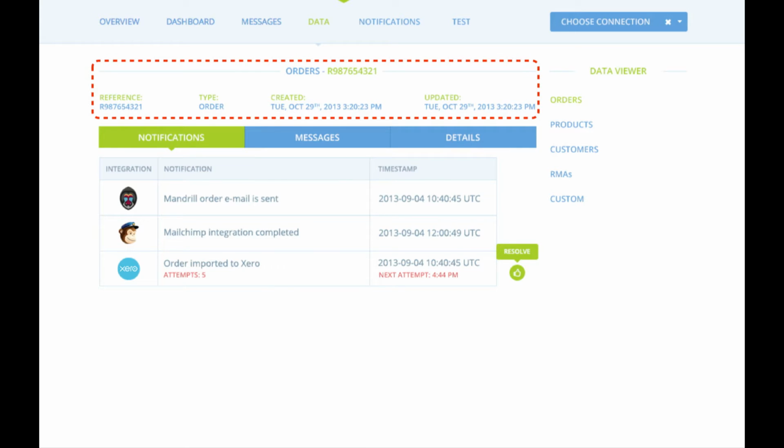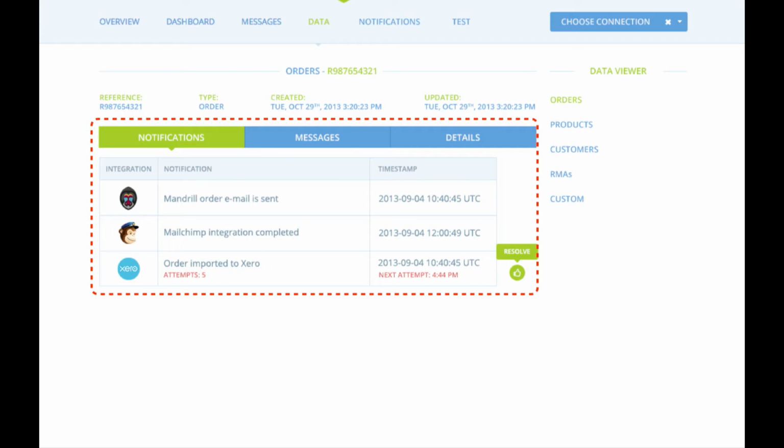If you drill down and look at an order, for example, you get a summary of the order across the top: when it first arrived on the hub, when it was last updated. You can see notifications, so what has the hub done for this particular order? In this case, you can see it sent a manual email, it added the person to a MailChimp mailing list, and you can see actually there's a failure happening there trying to get the order to...